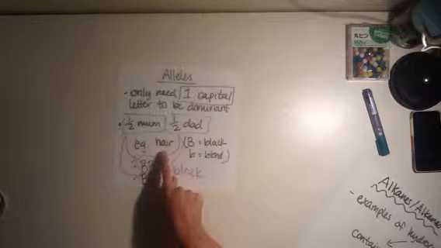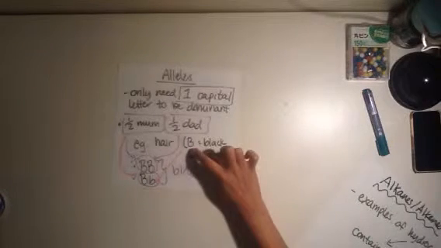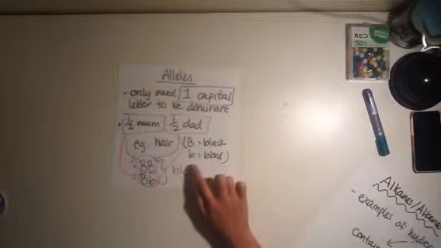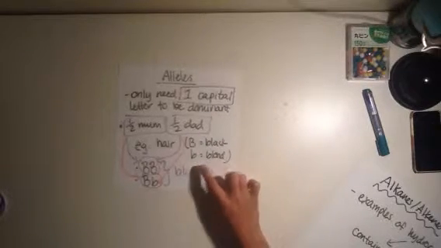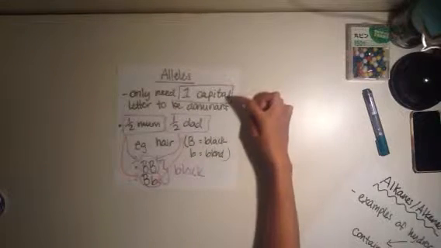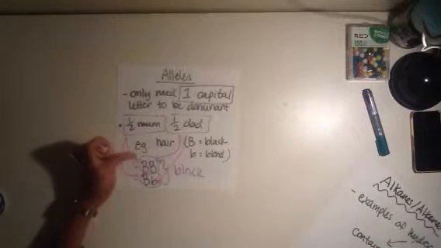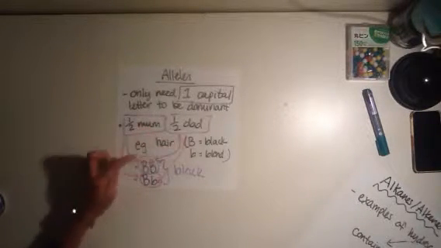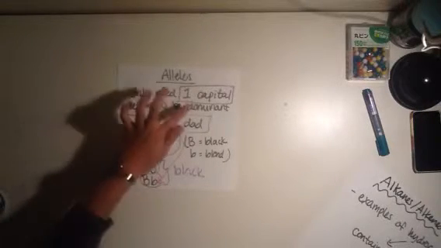So looking back at that example that I just gave previously, for hair color, we said that black was dominant because it's capital B, and we said small b represented blonde. So that's in the lower case. Now it says here you only need one capital letter to be dominant. So for example, if you got two big B's, because remember you get half from mom and half from dad, you would get black hair color